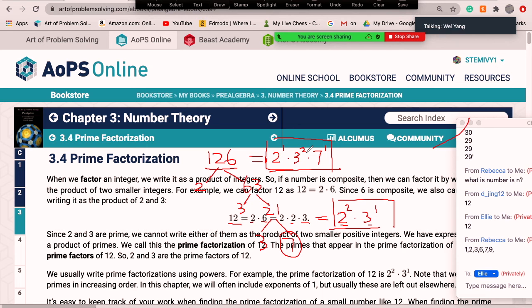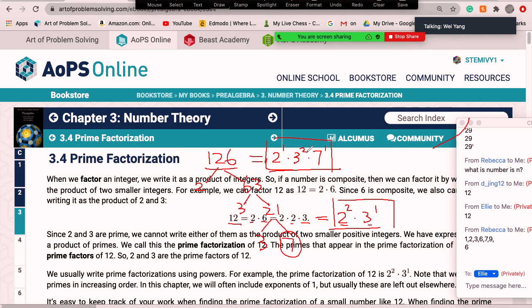If you do it this way, you need to list all the factors, then count how many. Right? You can do the normal way. You can just write 1, 2, then 3, then 4, then 6, then 7, then 9, then now let's see,